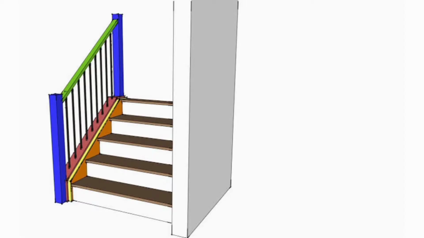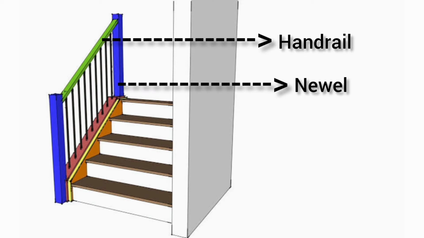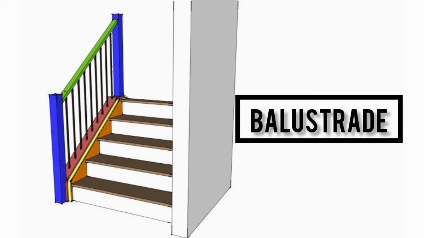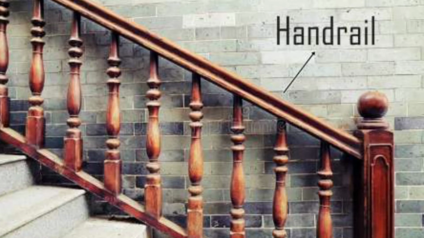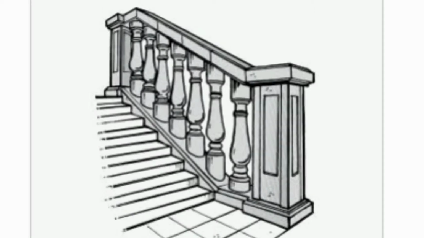Now if you see the image, the green part is called the handrail, the blue part is called the newel, and the black vertical support is called the balusters. Collectively these three components are called the balustrade. The handrail acts as a protective bar as well as gives support to the user who is using the stairs. The balusters are the individual vertical members which provide support to the handrail and can be designed in a number of ways. Whereas a newel is a vertical support which is used at the head and the foot, at a point where the balustrade changes its direction. It is also used for supporting the handrail.